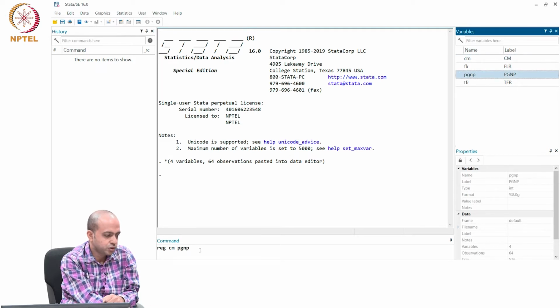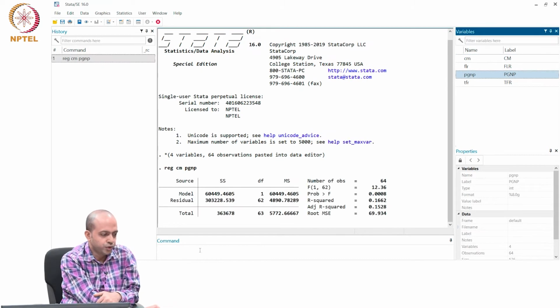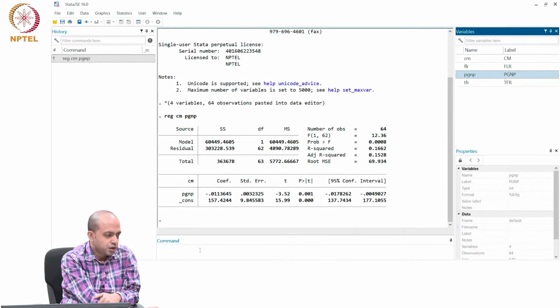This is how we will run the regression. You can easily interpret these coefficients also. There is a negative relationship between per capita GNP and CM. As income of a particular state increases, child mortality rate decreases by 0.01 unit on an average, which is expected